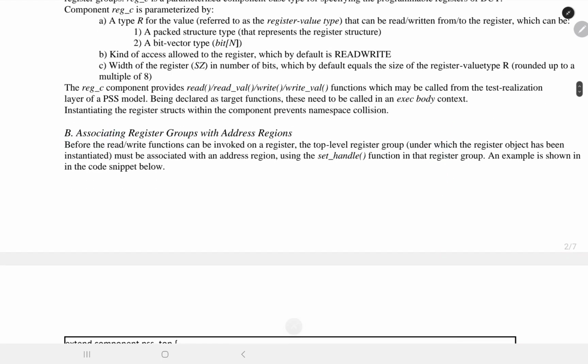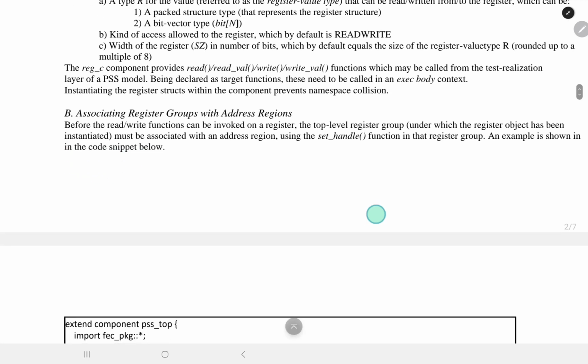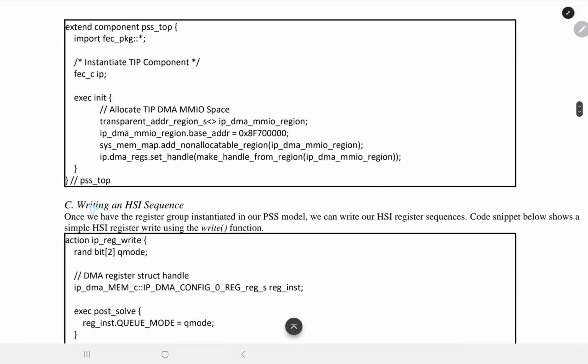B. Associating register group with the address regions. Before the read and write functions can be invoked on a register, the top-level register group under which the register object has been instantiated must be associated with an address region using the set_handle function in that register group. An example is shown in the code snippet below. C. Writing an